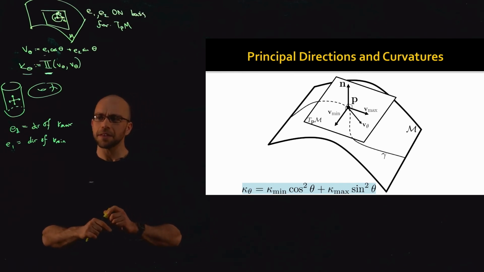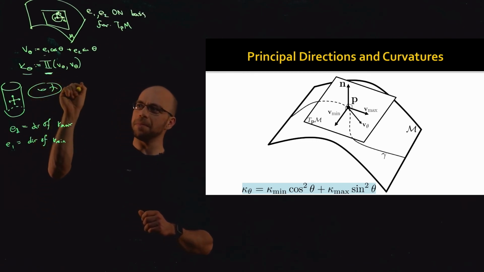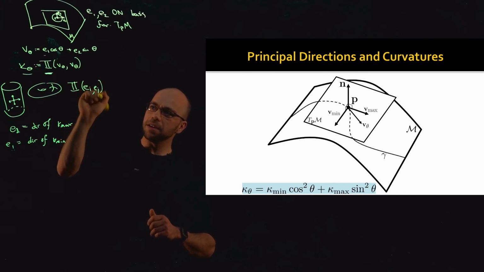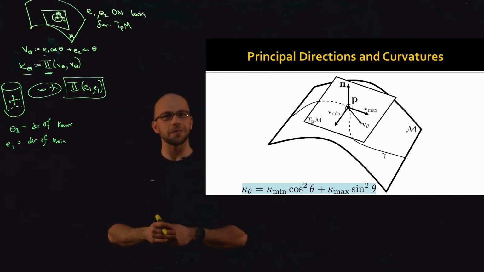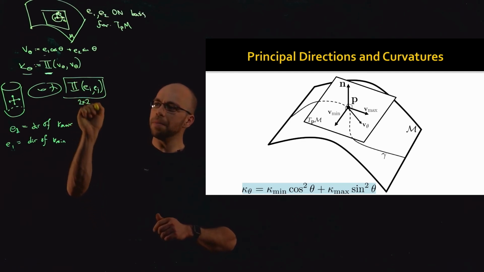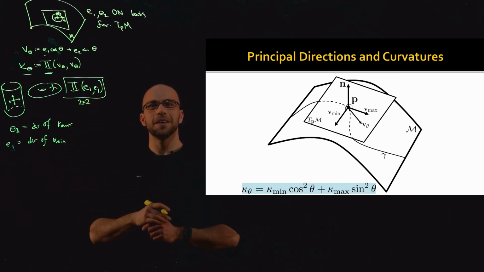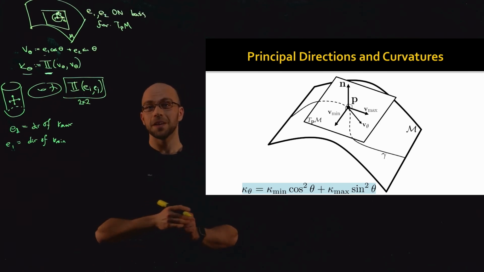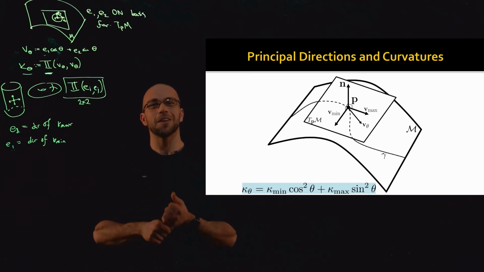Essentially, those 2 values are the curvatures in the eigenvector directions of the matrix whose elements are just II of Ei, Ej, okay? I've been a little bit informal about this. If you go through the course notes, you'll see it in a little more detail. But the basic point here is that there's a 2x2 matrix where I put in an arbitrary orthonormal basis and get 4 different values. This matrix we just showed on the previous slide is symmetric, which means it has eigenvectors. And those eigenvectors are going to be the directions of maximum and minimum curvature, which are called the principal directions